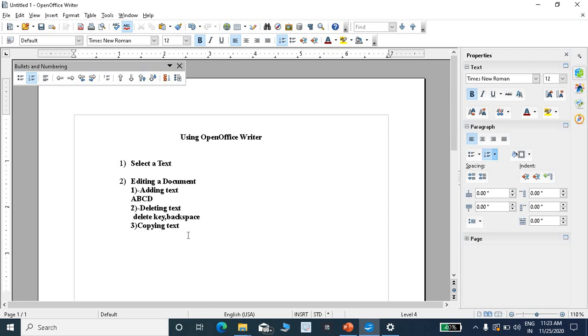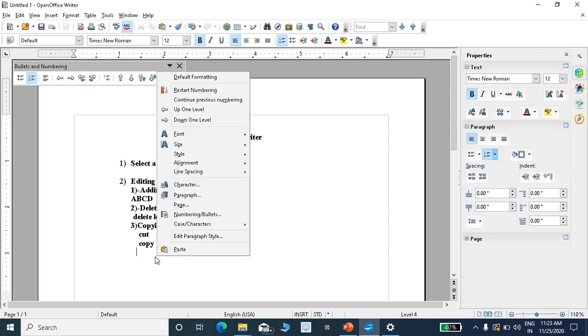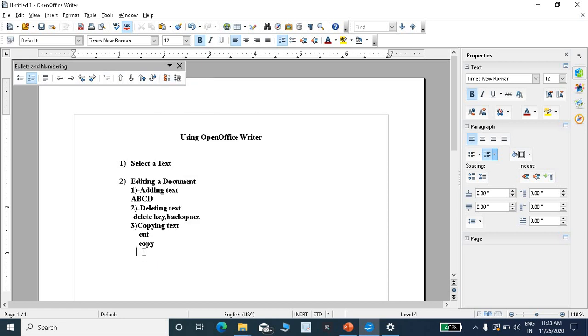Cut, copy, and the third one is paste. Okay, cut, copy, paste.